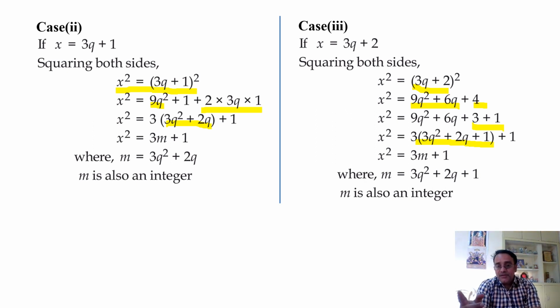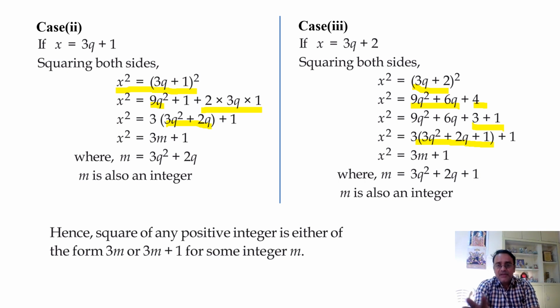Right. Now we got the proof. Here some students are asking a doubt: sir, in case 2 we got 3m plus 1, in case 1 we got 3m, so why are we going to prove for case 3? It is not like that, we are writing the number in 3 forms. We are writing any number in 3 forms. So for all the 3 forms we have to show that it is either 3m or 3m plus 1. If you are not writing case number 3, then you will lose your mark.